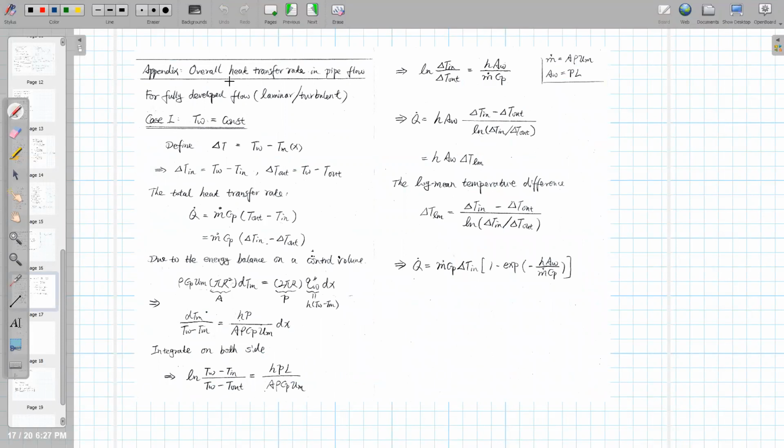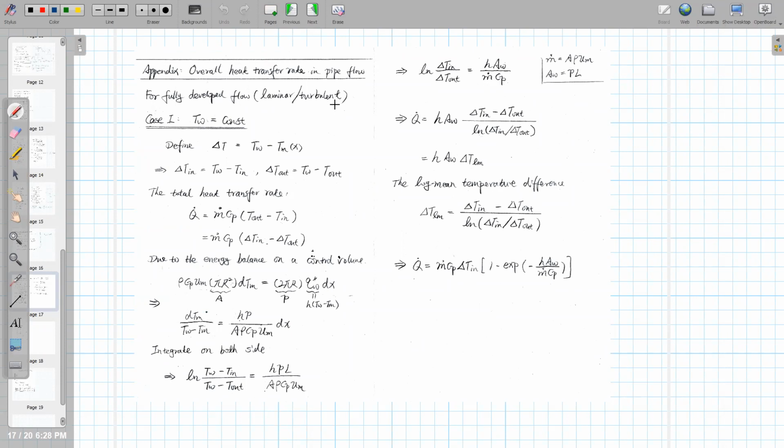Okay, we know what the Nusselt number will be, right? After our analysis, whether it is laminar or turbulent, no matter what it is. And if we want to calculate the overall heat transfer rate, how can we do that? Because we know this Nusselt number,